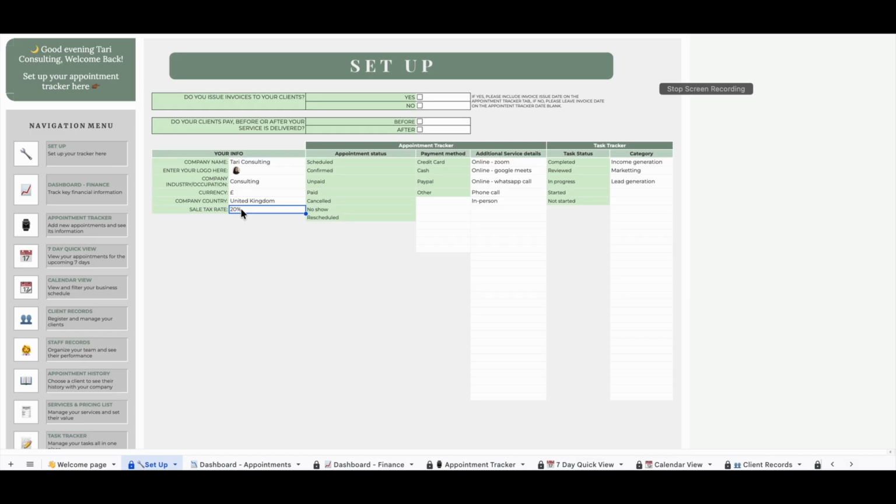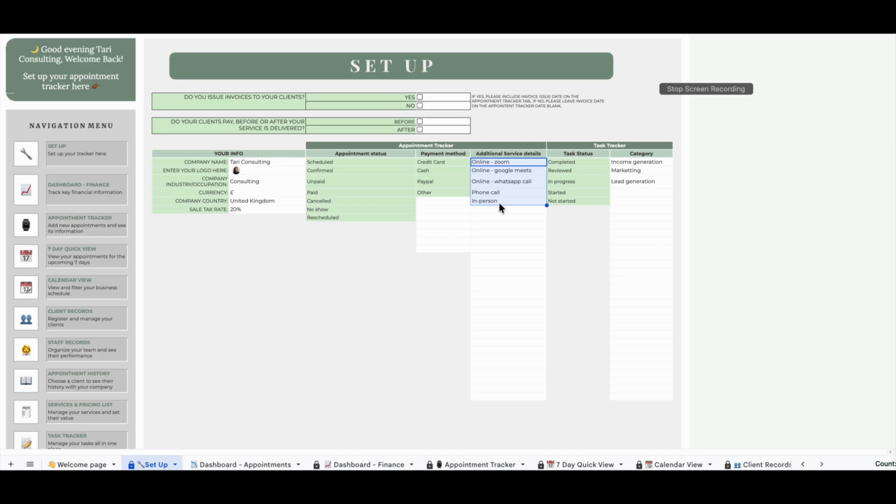When you first go into the spreadsheet and you're setting it up, if you have not yet registered for VAT and you have not yet reached that VAT threshold, then please include this number as 0. Everything in green on this tab should be left alone. Please do not change any of it because it will impact the functionality of this spreadsheet. Then you have some other options of payment methods, so you can add some additional options here. For your additional service details, you can add all of the options here as well as these ones here. What we will do is leave these sections pre-populated, but you can delete and change it in this specific column